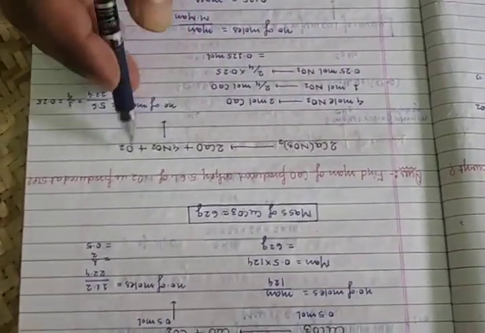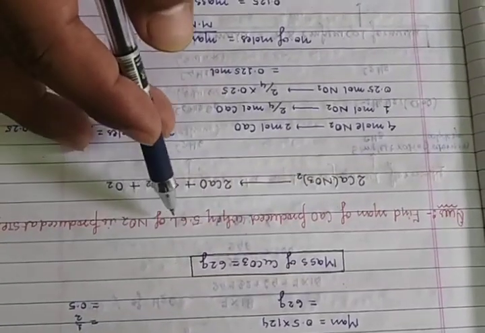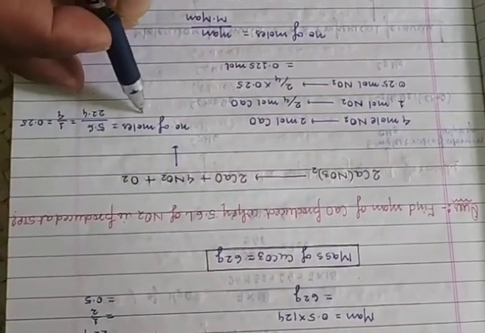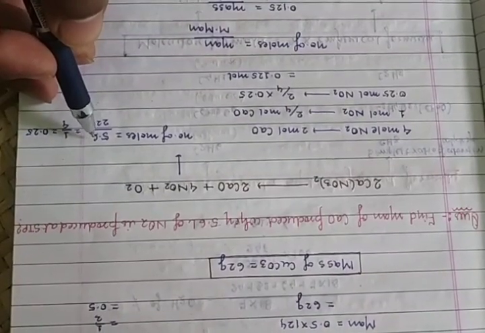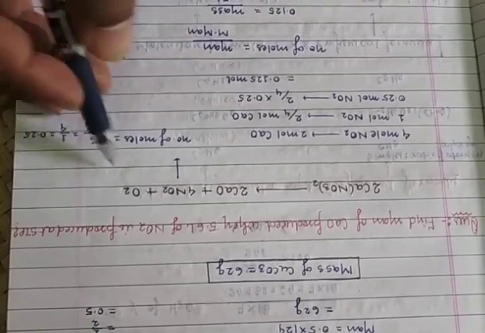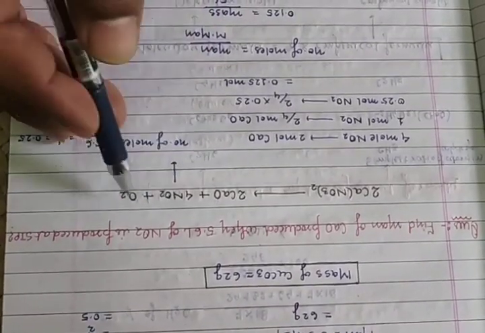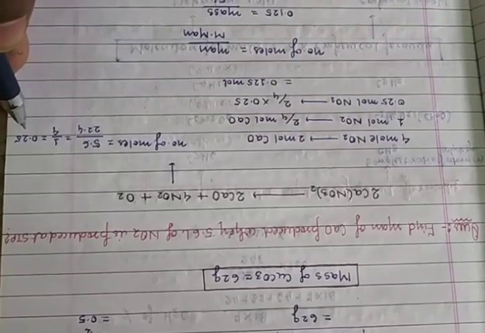Now in this case there is 4 NO2. So 4 NO2 and the volume in liters is given. So just note down the formula. Number of moles is equal to what? Volume of gas at STP divided by 22.4. Yes, STP, given 5.6 divided by 22.4. So now the number of moles is 0.25.